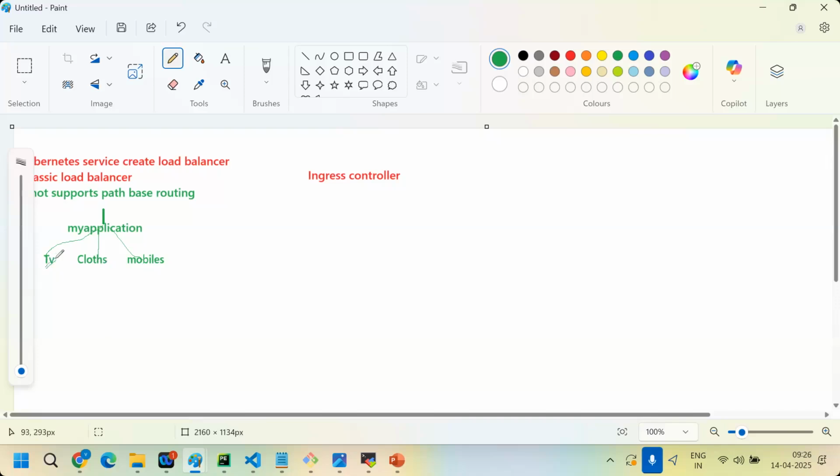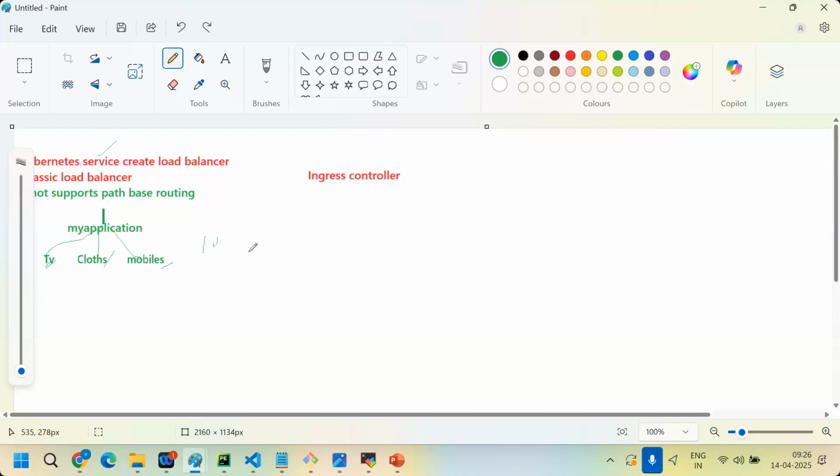Different application means different Docker file, different image, different YAML, different pod, different access. Different access means if I create a service load balancer, it's a different load balancer each time. 100 applications means 100 load balancers.